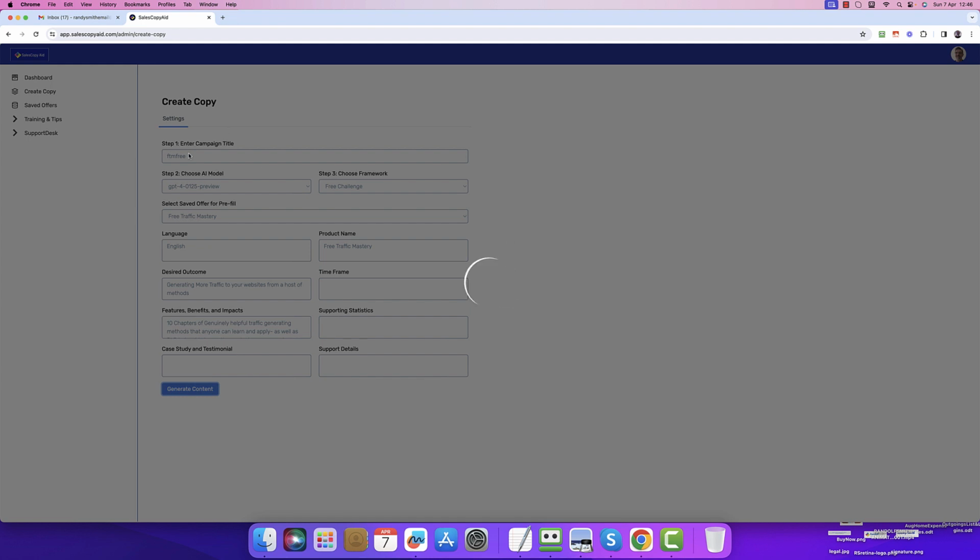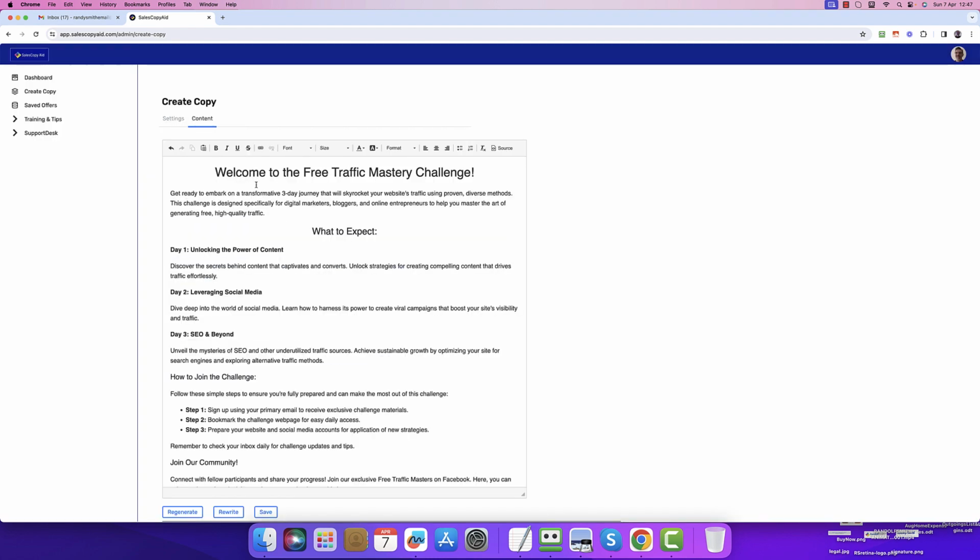So that's all you do is name your campaign, select the model to use, choose the framework, and then select the saved offer, and it will then pre-fill in whatever boxes are required for the type of framework that you've chosen. I'll wait while the AI does its bit, and here's our free traffic mastery challenge